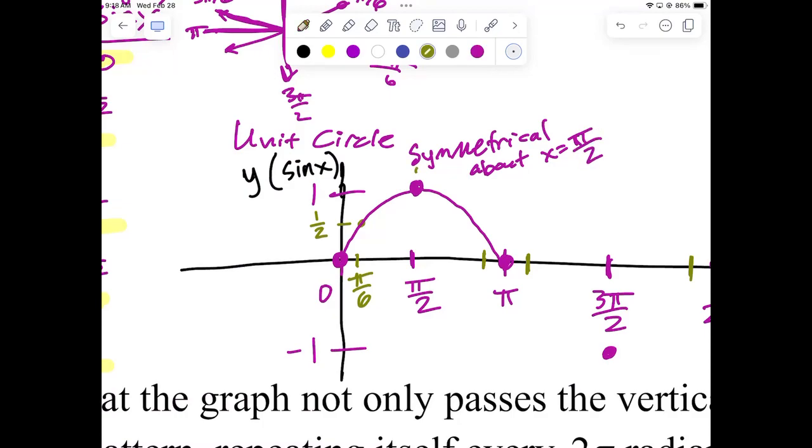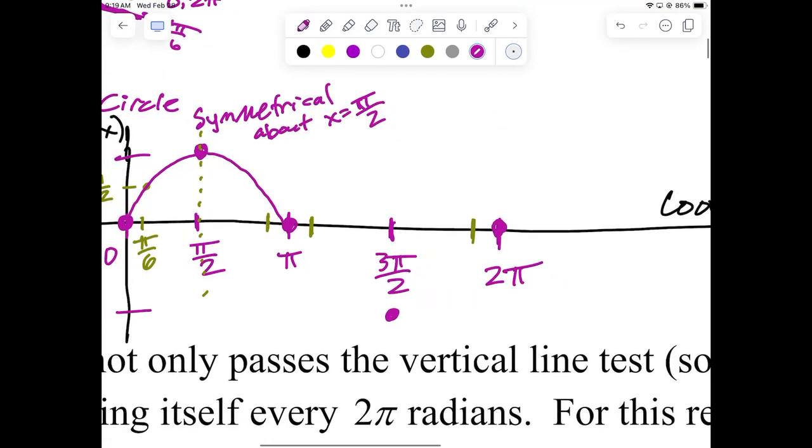Okay? So if you had a dotted line running down through here, there should be symmetry across that line. In other words, it increases at the same rate it decreases. Now, also symmetrical is how it continues down to negative 1. So it's going to continue down like this, and then it's going to increase like this. And again, we have symmetry